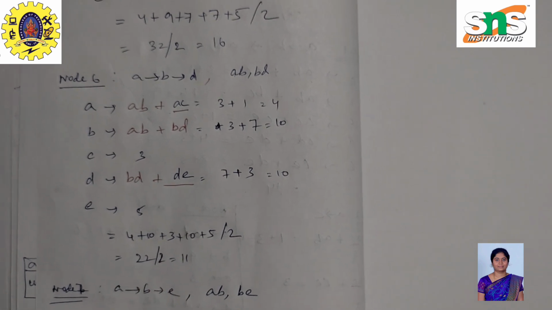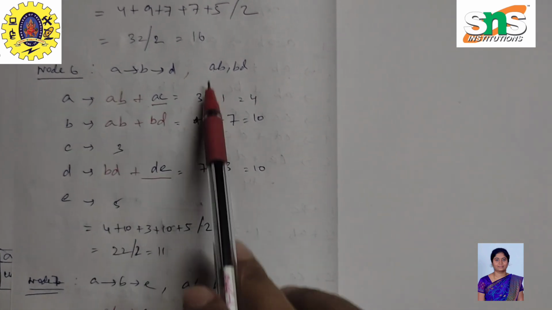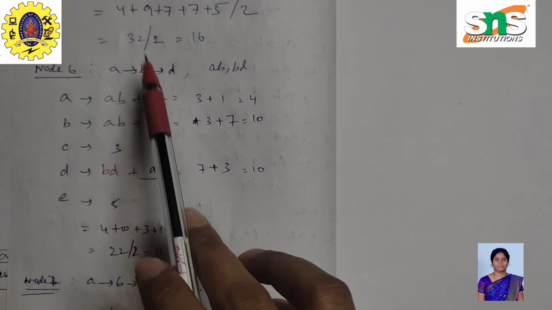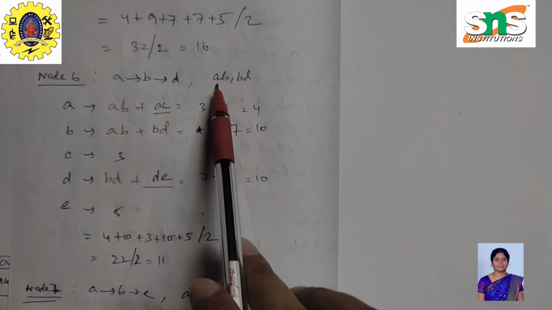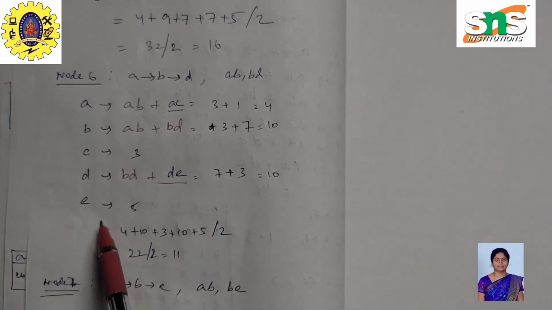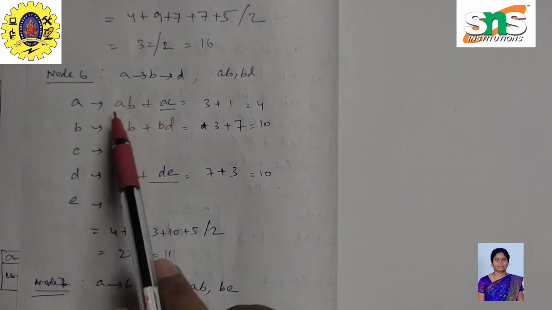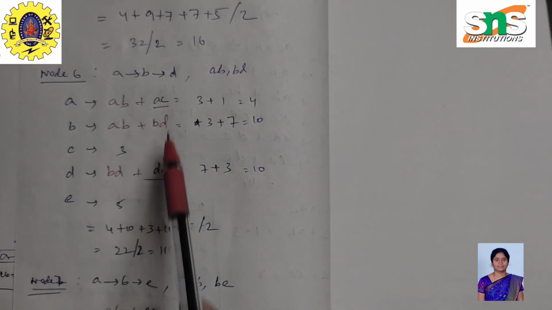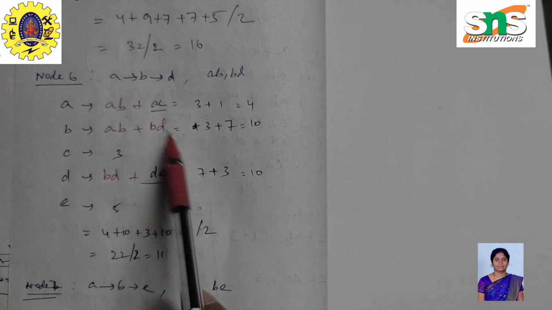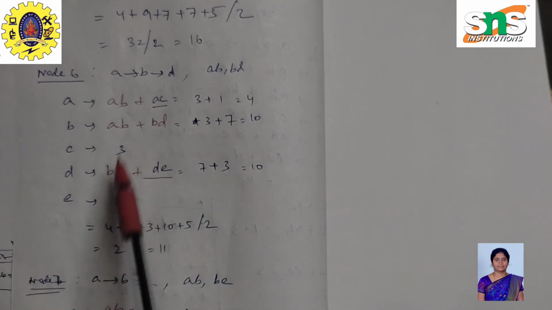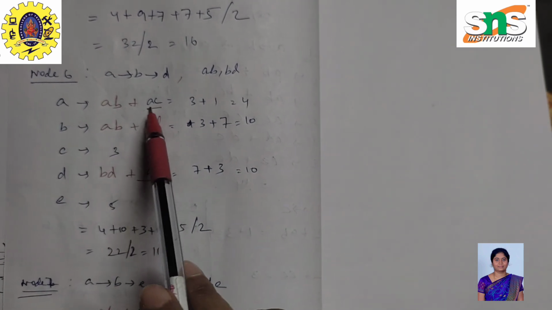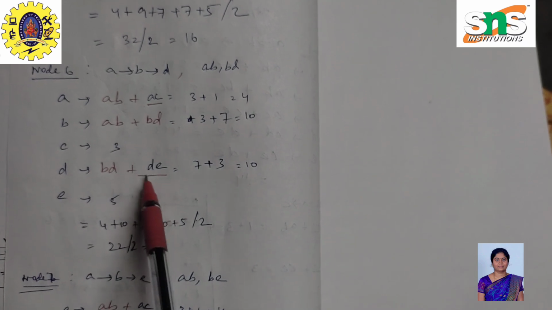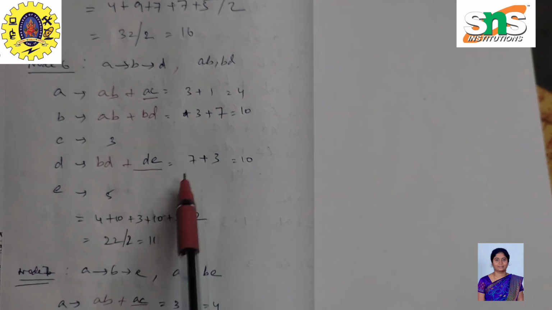So for node 6, we have A to B, B to D. So this can be written as AB and BD. So for all the nodes are written. So for this AB is written, and for B, we can also write AB, and for this BD, and for this BD can be written. So next minimum value is AC, and this minimum value is DE, and the values are substituted and we got